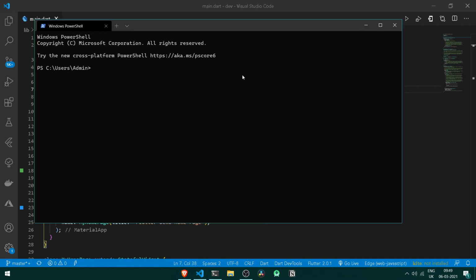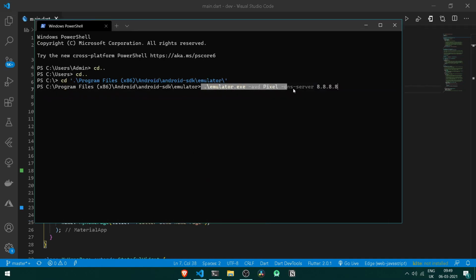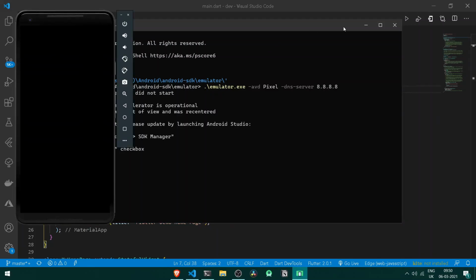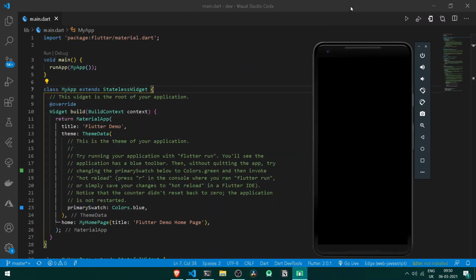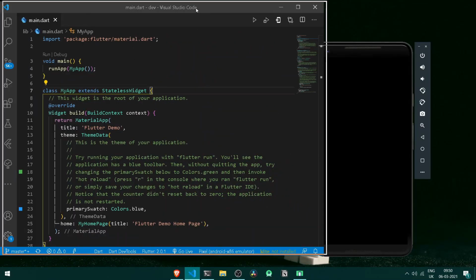Alright, so now I will really be doing one thing, move under my command line, that is terminal itself, and open up my Android emulator. Alright, so this is the following command to open your emulator from your terminal. Easy, we have got our new emulator up and running. So let's minimize everything from here, let's set it up here.